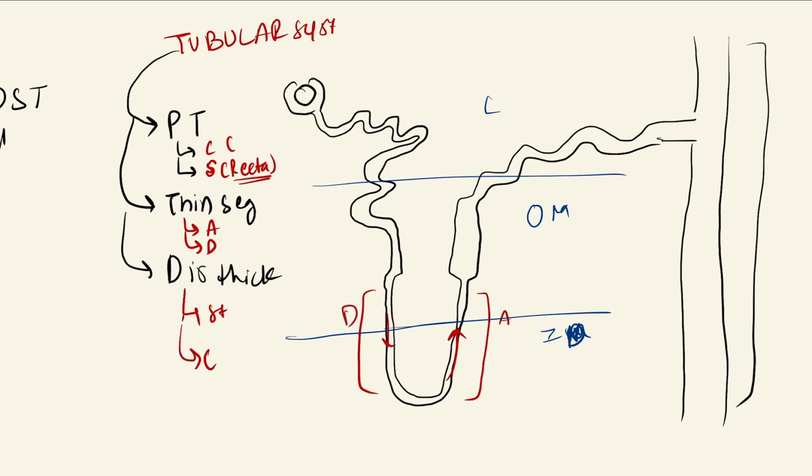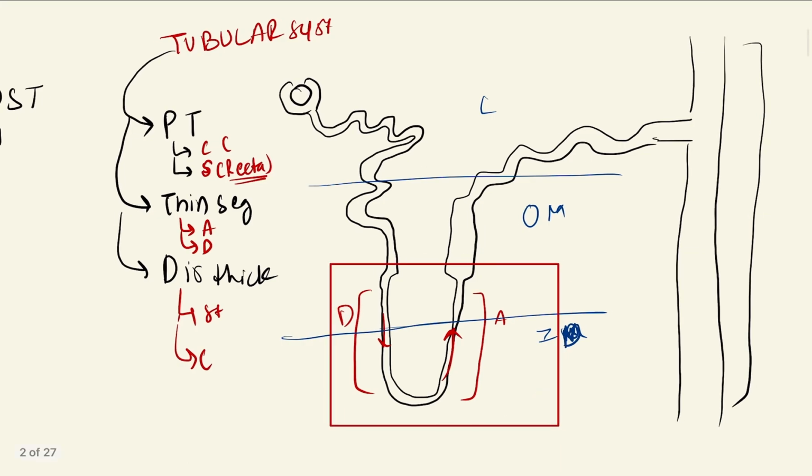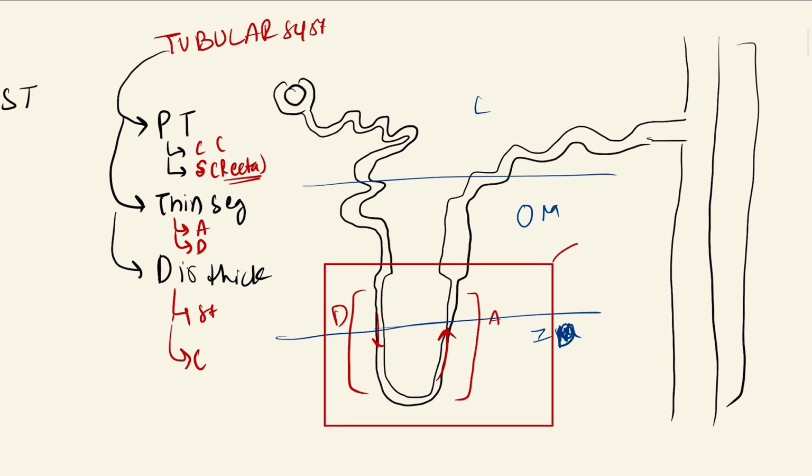Okay, yeah. So there is presence of straight, and then there is presence of convoluted. And if you're talking about the loop of Henle, this whole structure is what we call the loop of Henle. So there is proximal straight, and then there is